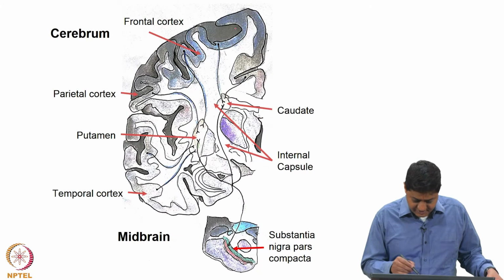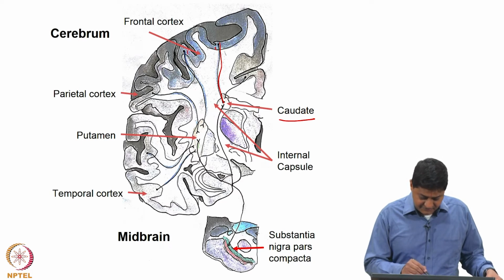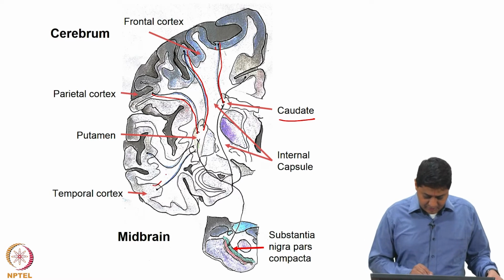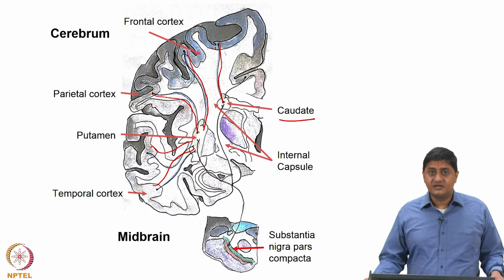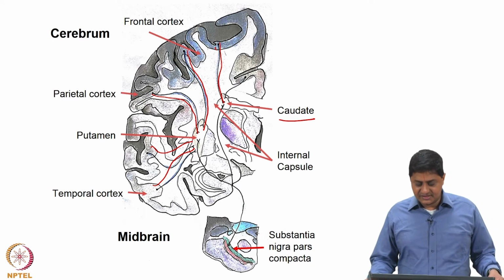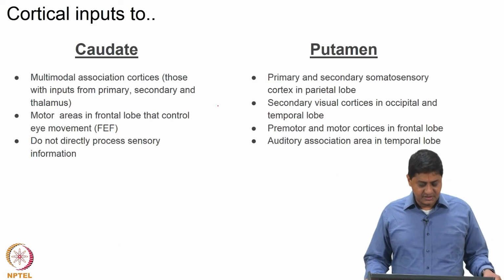From the frontal cortex, for example, input comes to, say, in this case the caudate nucleus, and here in this case from a different region of the frontal cortex input comes to the putamen, and from the parietal cortex input comes to the putamen, and from the temporal cortex input comes to the putamen, from various areas like that. Let us also remember that the striatum also receives inputs from areas other than the cortex. So, here we have only discussed the various cortical inputs. Let us continue the discussion.